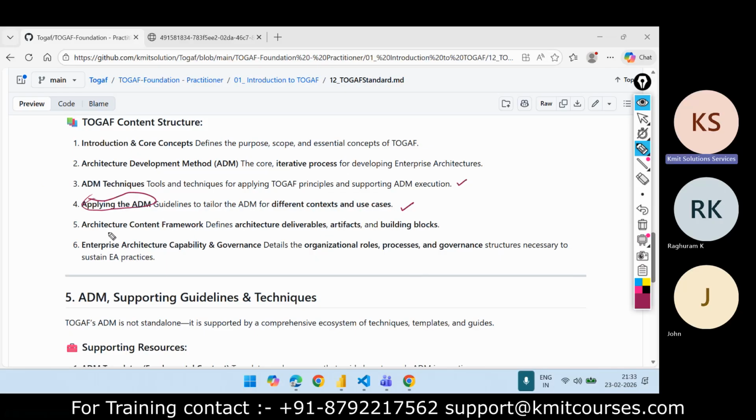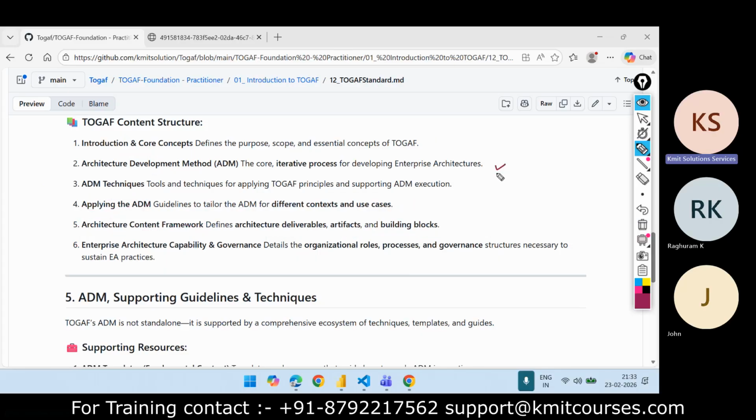We need to see how the architecture content framework lets us define the deliverables, artifacts, and building blocks. So that comes under the architecture content framework. These are the core concepts, like what the scope is, which we have already discussed.